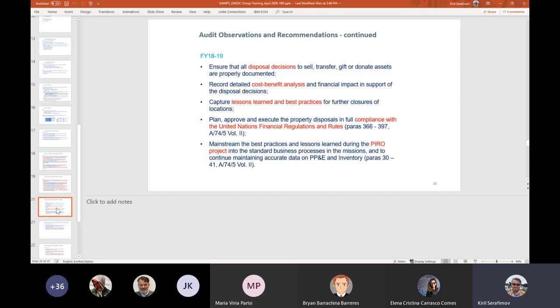And last but not least, a very important point is the requirement to adhere to and properly utilize the respective financial regulations and rules for making disposal decisions. And Virya yesterday spoke about the efforts and what we do to make sure that proper guidance is there to cover such